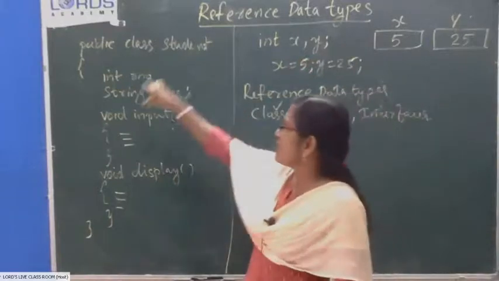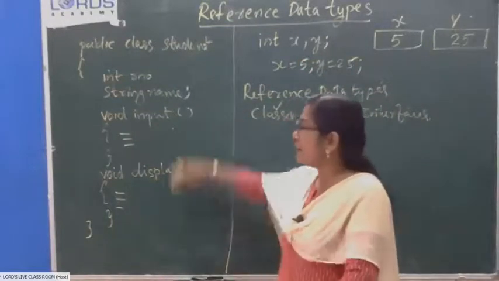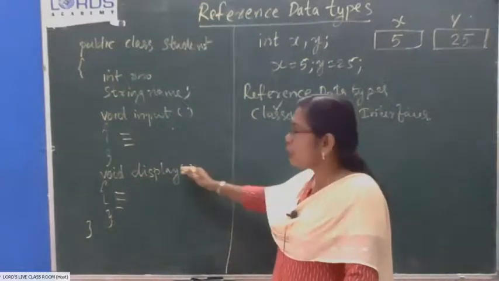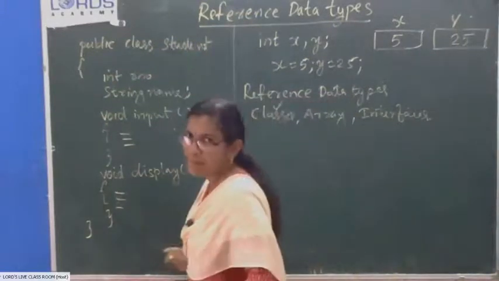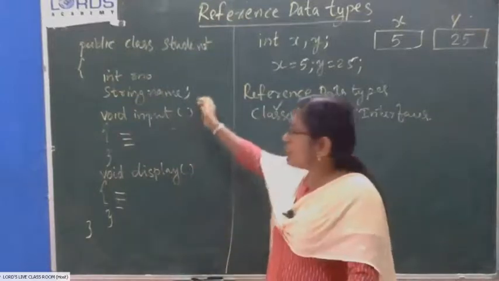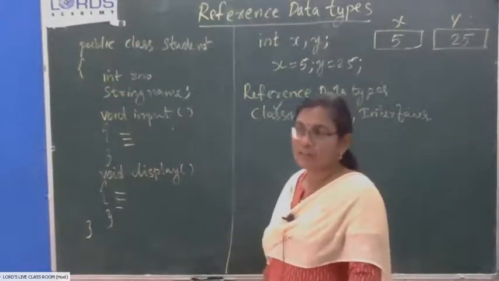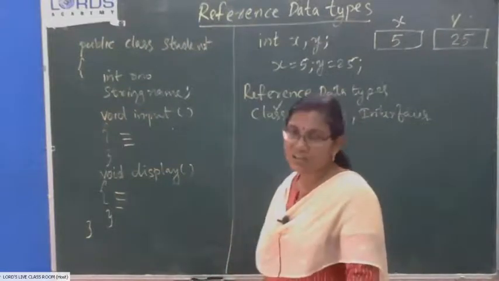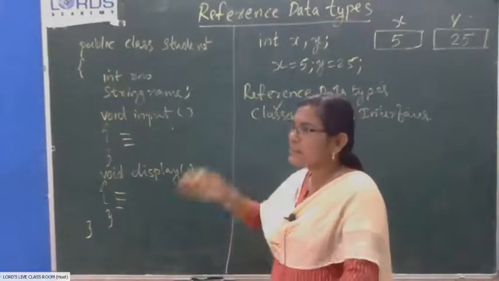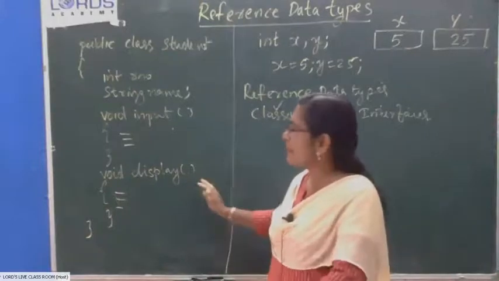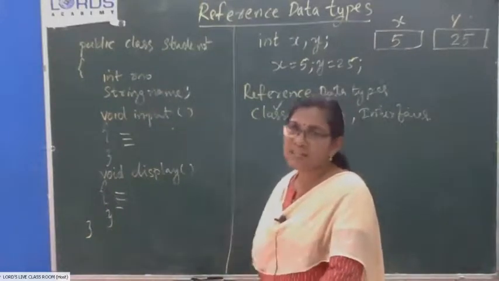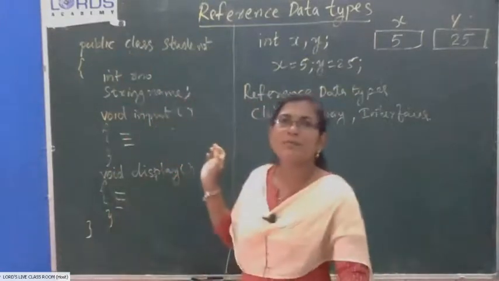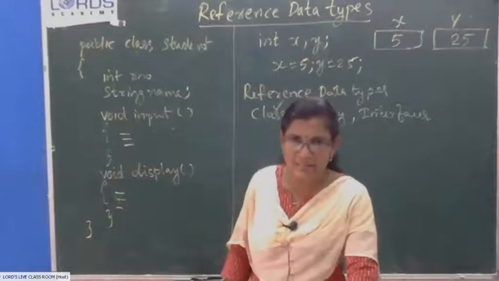But when you consider a class, it may contain a number of different data types and a number of methods also. If you want to process an object of a class with the help of a function, you have to send all this data to the function. So if Java used pass by value to process reference data types, duplication of all these values would take place in memory. So it consumes a lot of space.